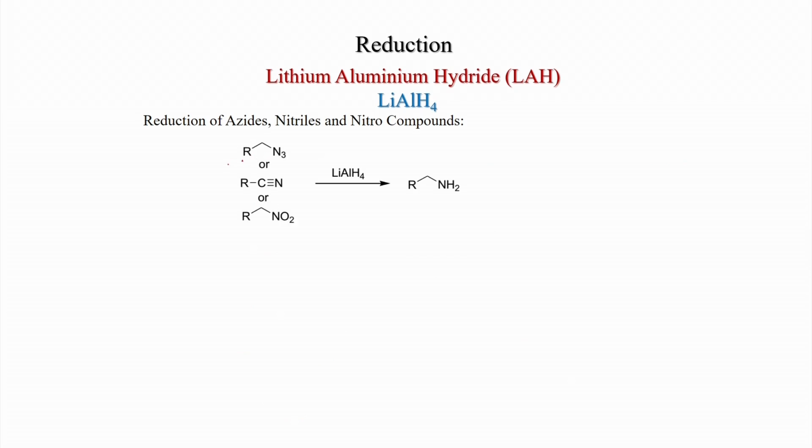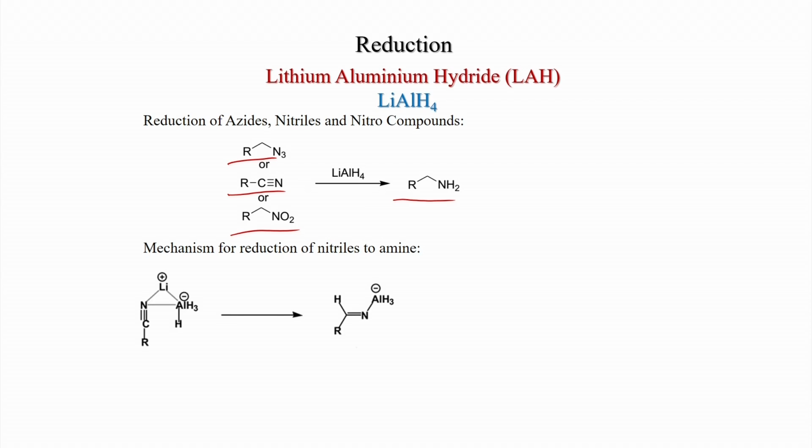Reduction of azides, nitriles and nitro compounds. So, azides, nitriles and nitroalkanes on lithium aluminum hydride reduction generate the amine. What is the mechanism of the reduction of nitriles to amine? Here also the nitrogen binds with both lithium and aluminum, and now this hydride delivery will take place to generate first the imine